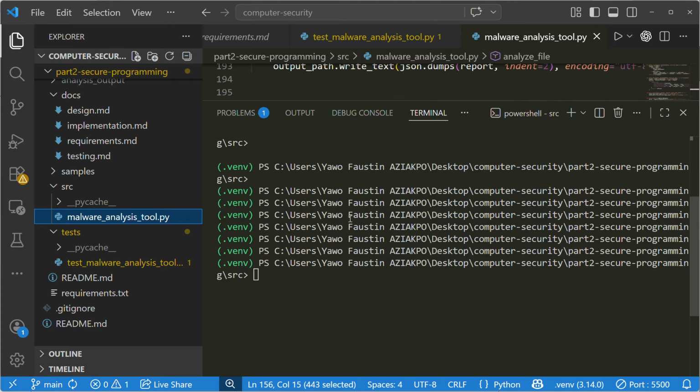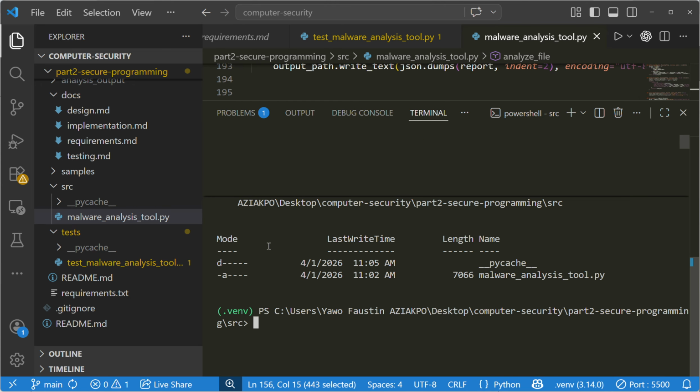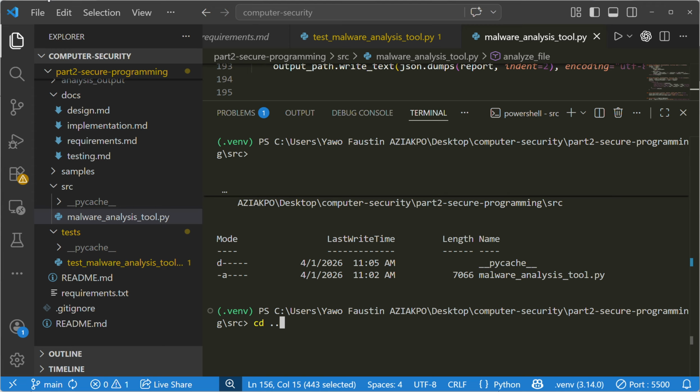In the first place, since I'm running it from my virtual environment, that's why you are seeing my virtual environment very green here. I'm already in the folder here. As you can see, let me list it. You can see I'm already in the folder where I'm going to run this file, and the folder that I'm in is a source folder. And that source folder is under, maybe I should go back to,